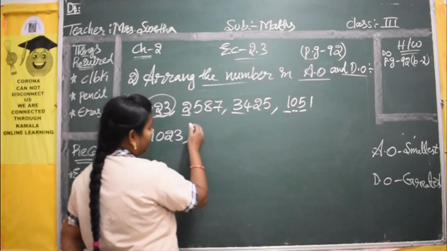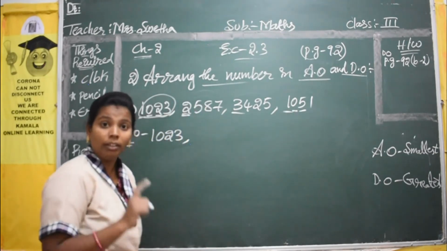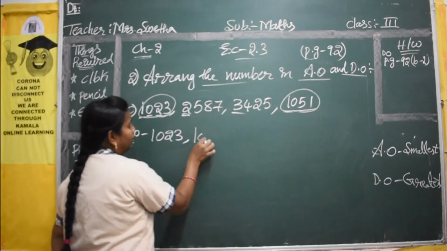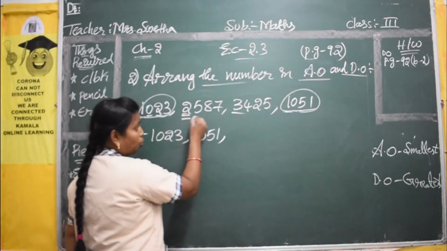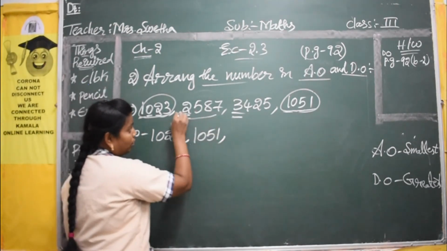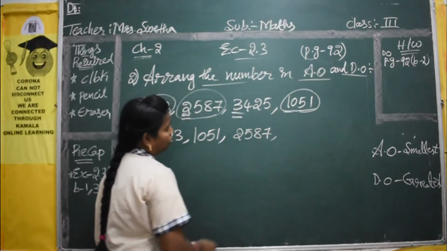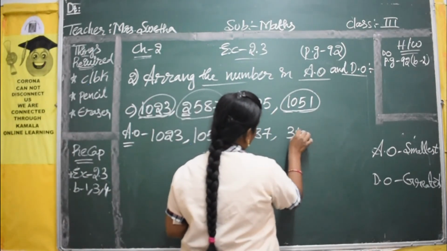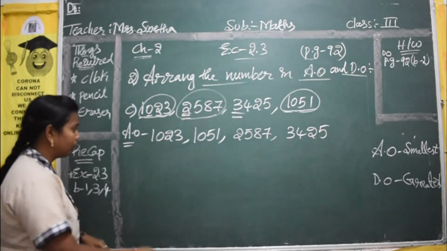Okay, now check the second one. Next digits, you check 2, 3, 1. Which is the smallest one? 1 is the smallest one. So this complete set will come in second place. Now check the other 2 sets, 2 and 3. Which is the smallest one? Yes, number 2 is the smallest one. So this complete set will become your third set of numbers. Now only one set is left, so that set we will take in the last place, the biggest number of the complete ascending order.